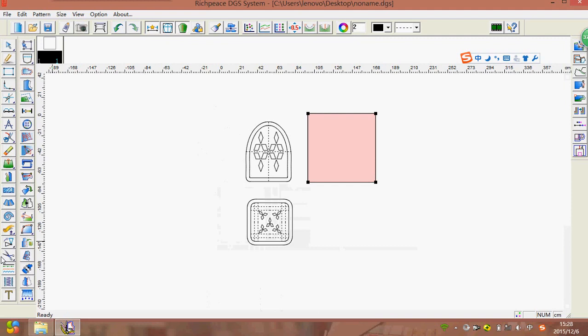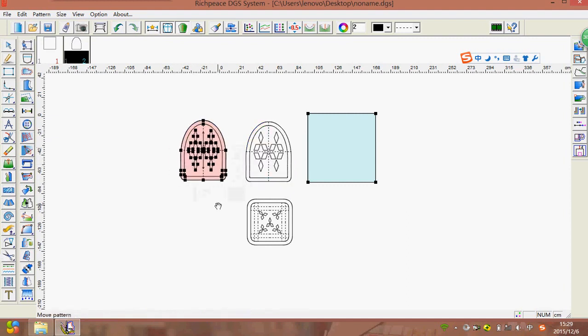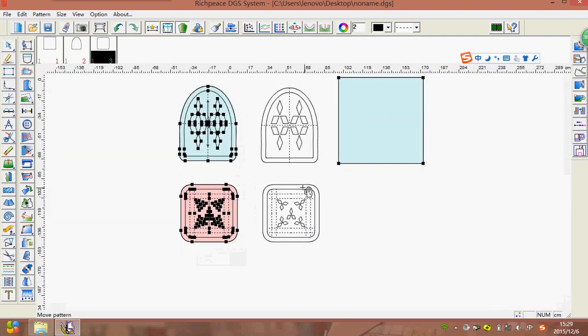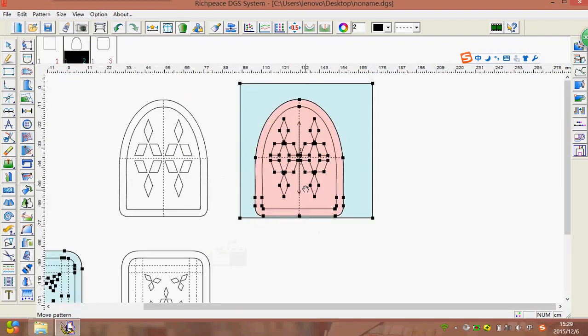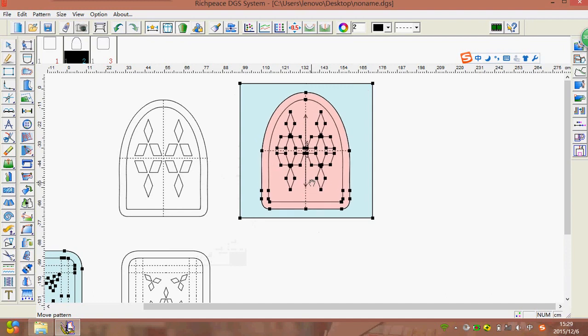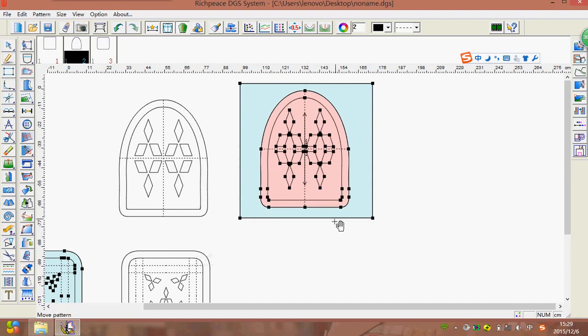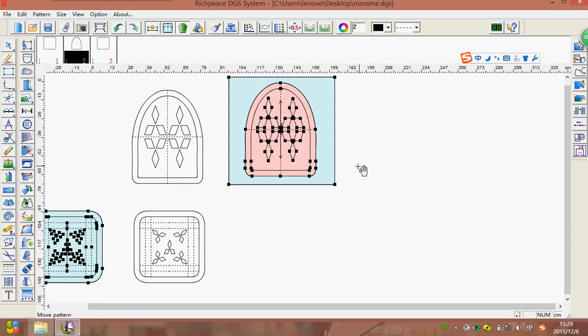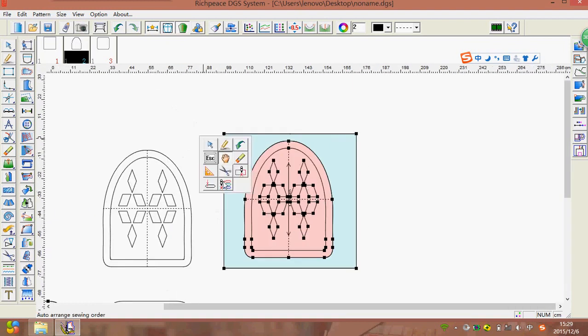Okay, and we use the 4 flags to make the pattern piece. Okay, we put it in there. Okay, and then we